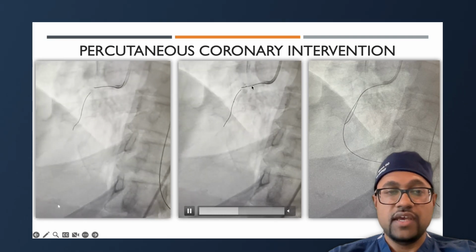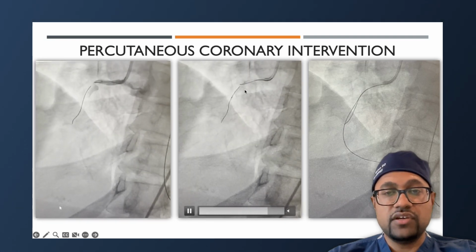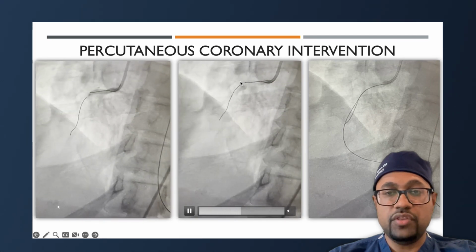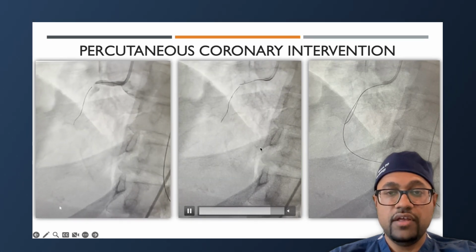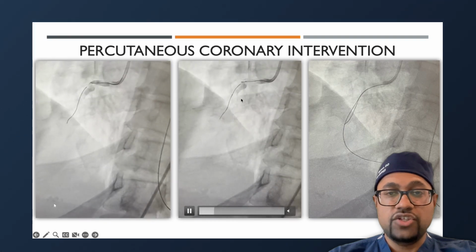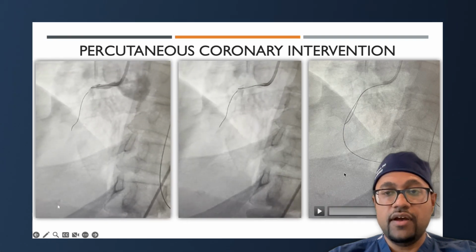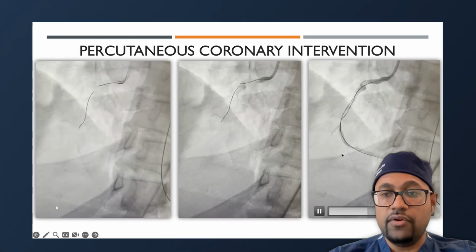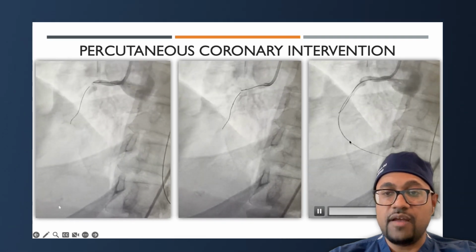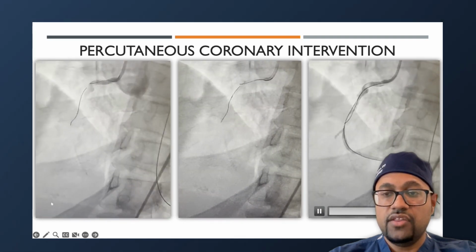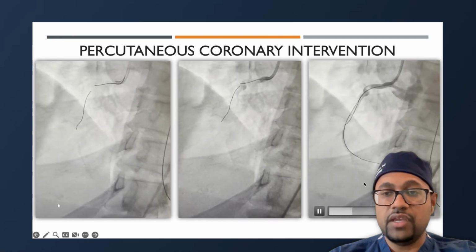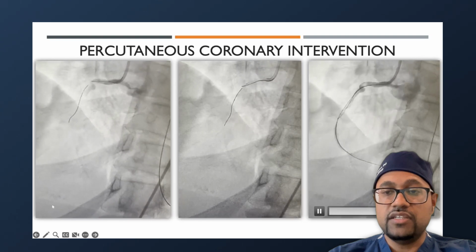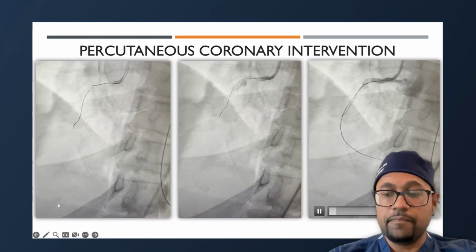So what I did was I took a gamble, and I took a balloon, and I did something called the Dotter method, where I put the balloon in and out trying to create a channel. Still unsuccessful. So I gently ballooned that area, which did allow me to get the wire down. And as I inject, I can see I'm actually still within the architecture of the blood vessel, making me understand I'm not in the dissection flap. So I feel okay continuing to push equipment through there.